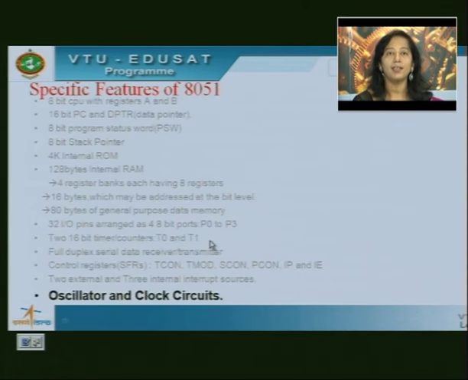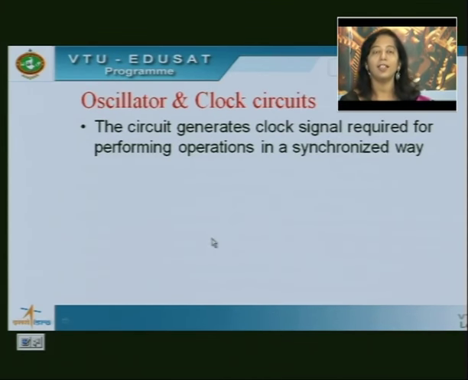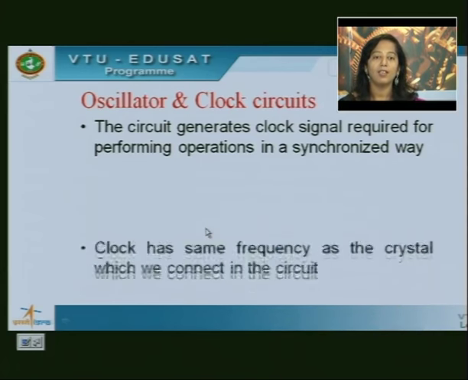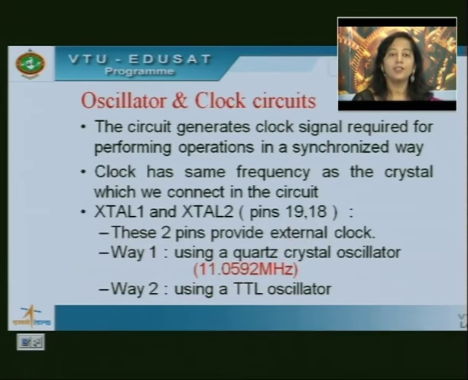The last part or the last feature of 8051 is the oscillator and clock circuitry. As we know, between pin 18 and 19, we have a crystal of 11.0592 megahertz connected. So, between pins 18 and 19, a clock is generally used to synchronize all the operations of